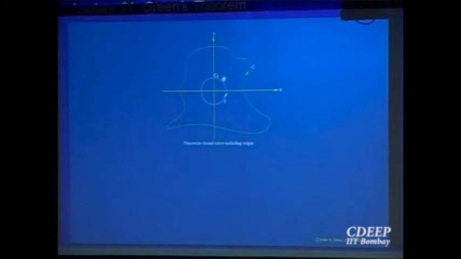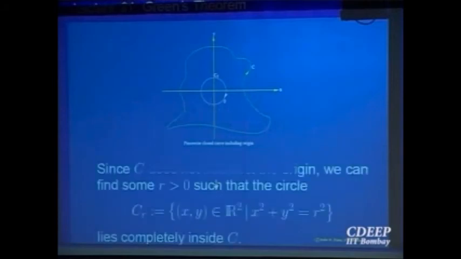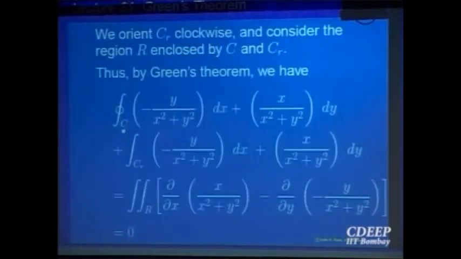So with that, let us look at our calculation. I am going to apply Green's theorem only in this portion, the annulus portion. Inside the region, Green's theorem will tell me: the integral over C, the outer one given the anti-clockwise orientation, plus the integral over CR, given the clockwise orientation, is equal to the double integral of the partial derivative of Q with respect to x minus the partial derivative of P with respect to y. But we know that the integrand comes out to be 0 anyway. So this is equal to 0.